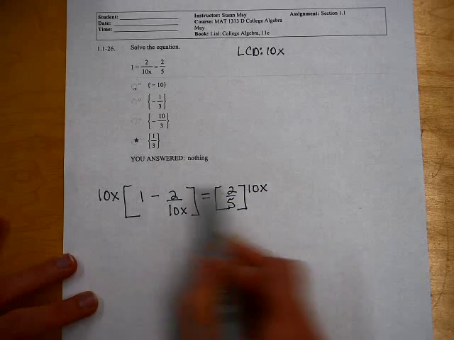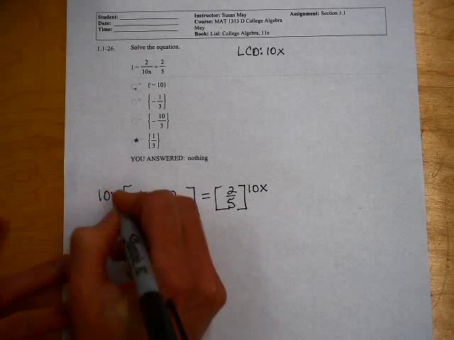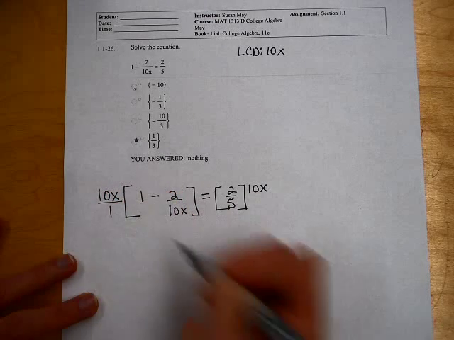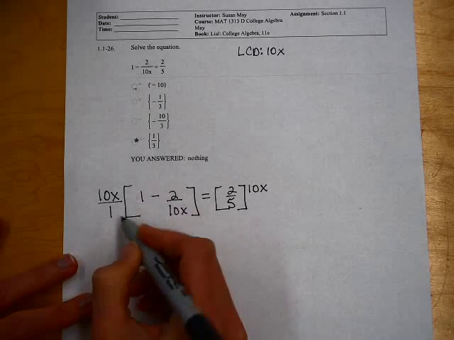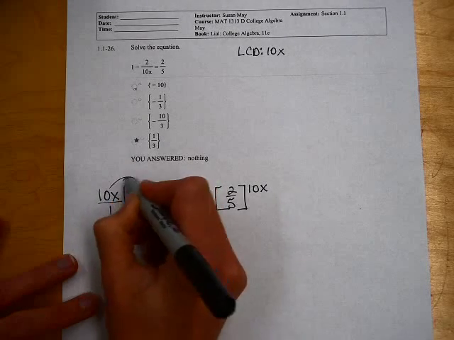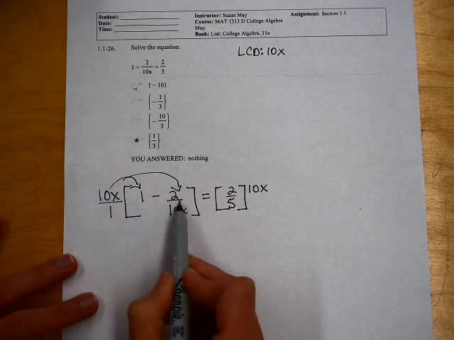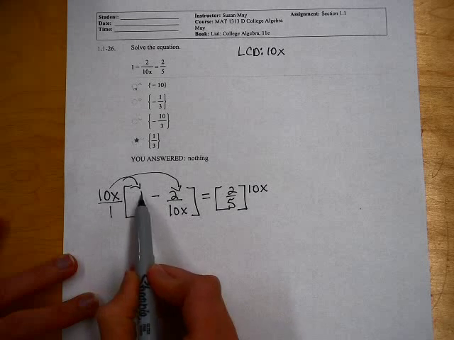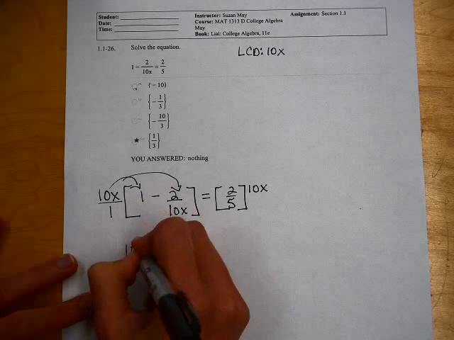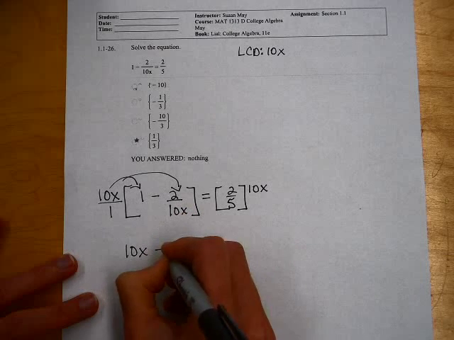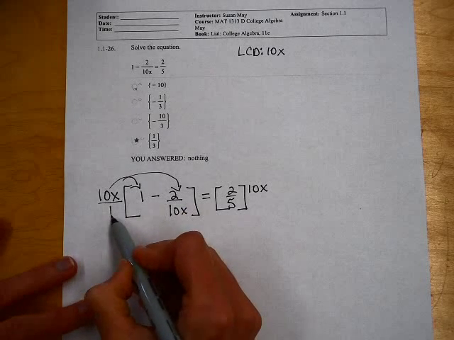So I multiplied both sides of the equation by 10x. Now remember, this is really 10x over 1, and so I'm going to distribute this 10x times both of these terms here. And so 10x times 1 would just be 10x minus,